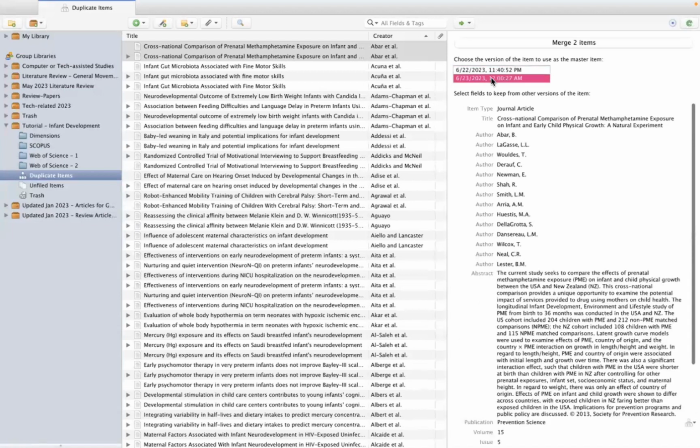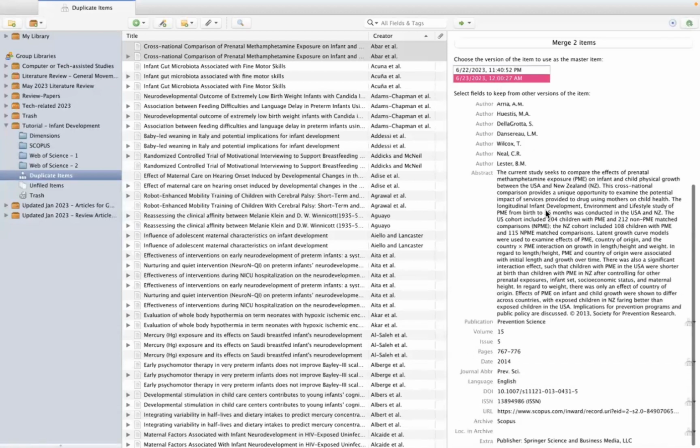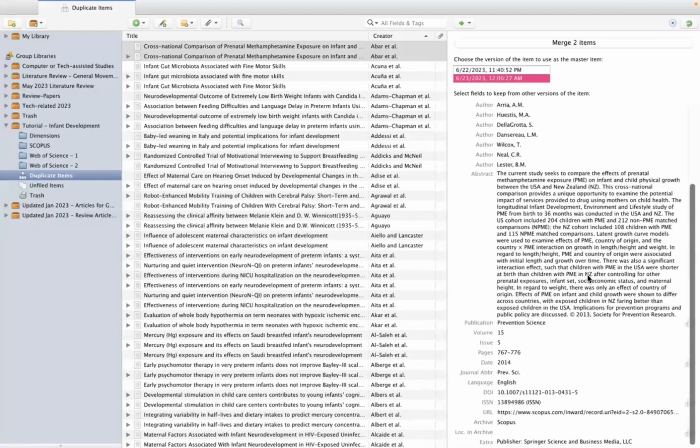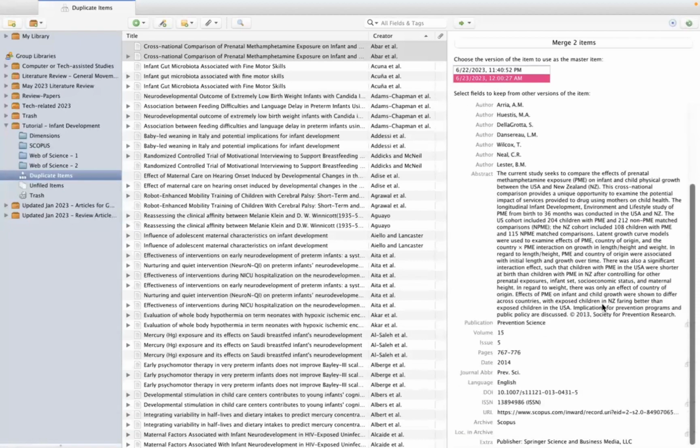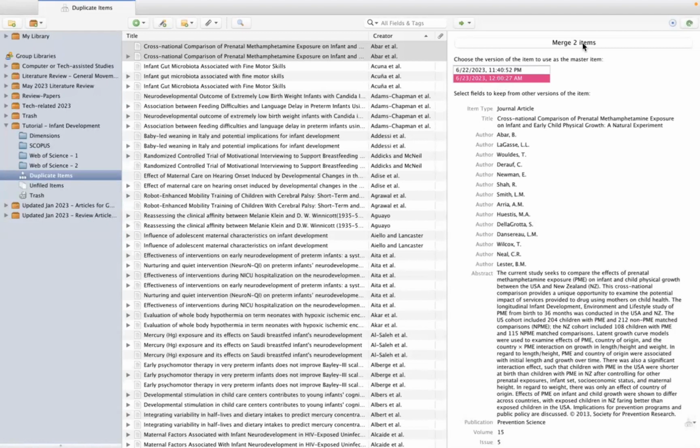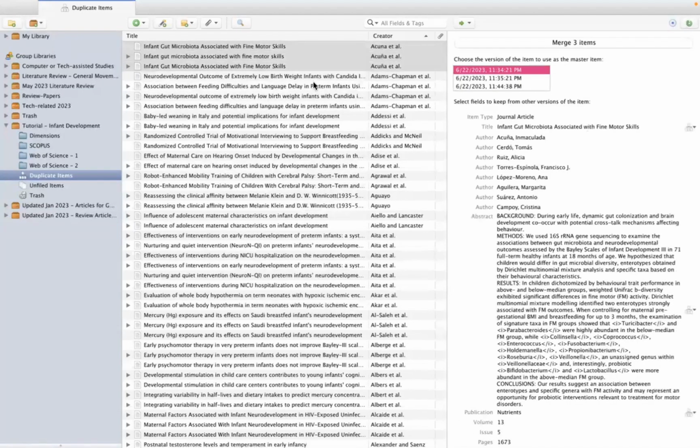So if you look at these two data files, you can see that this data file from Scopus actually has an abstract. So as I'd like to keep this as the main version that shows up in my data set, I'd click on this, and then I'd click on merge two items. So this would be the master item. And then I can go ahead and do the same for each of these